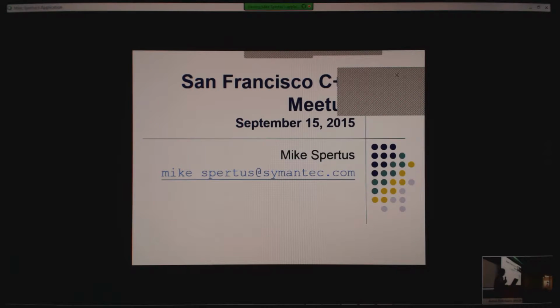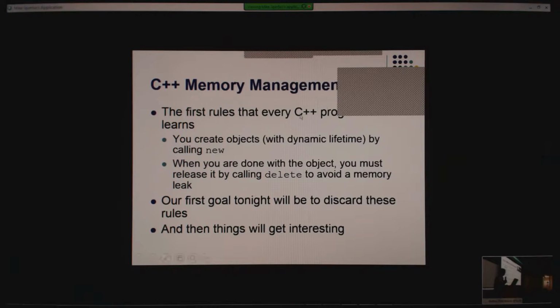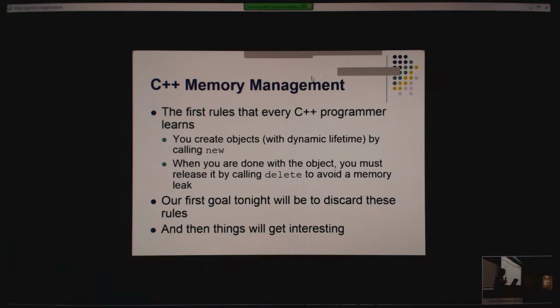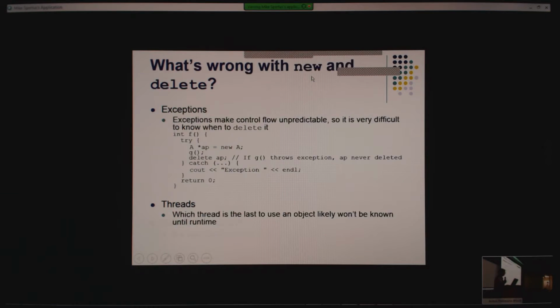Okay. This is what's blocking your screen. I get rid of that. Okay.